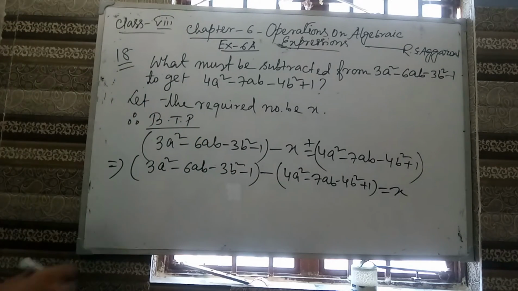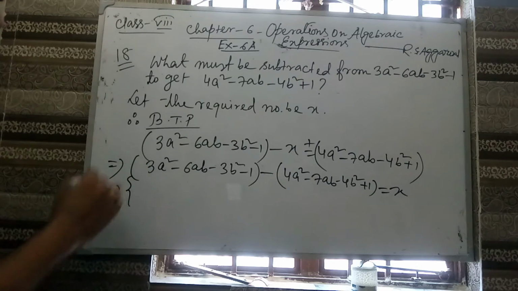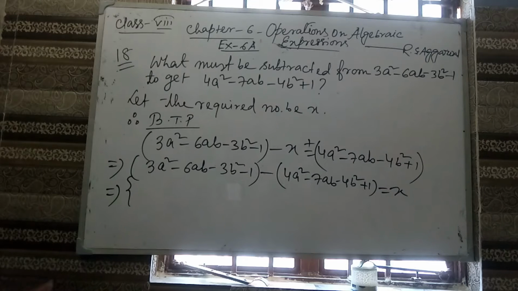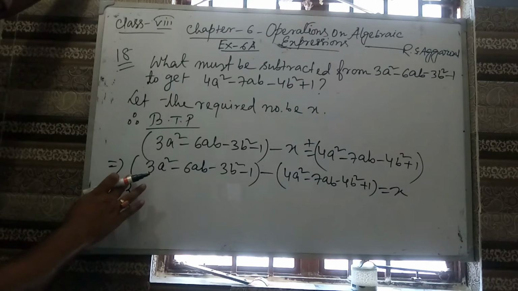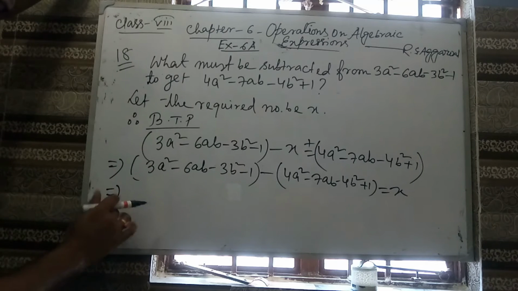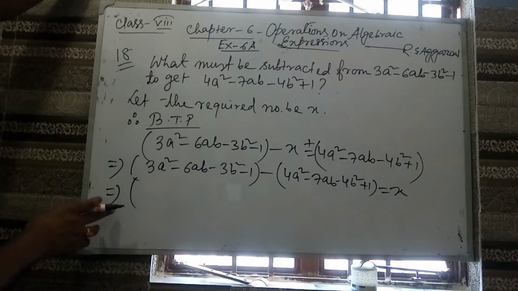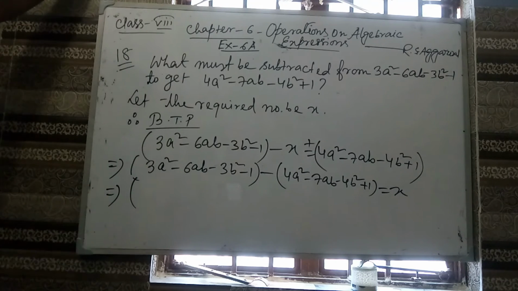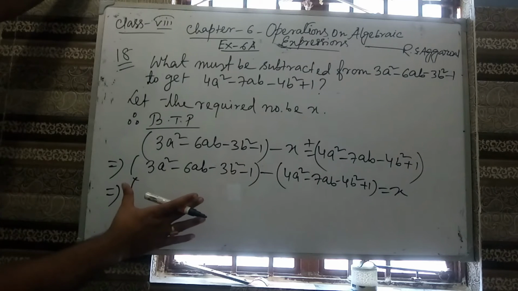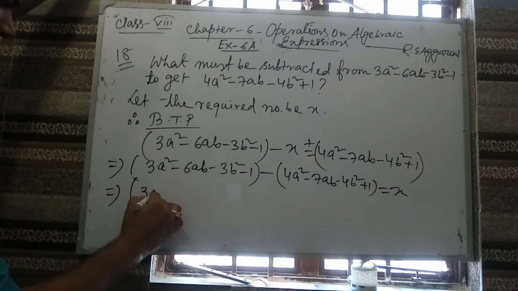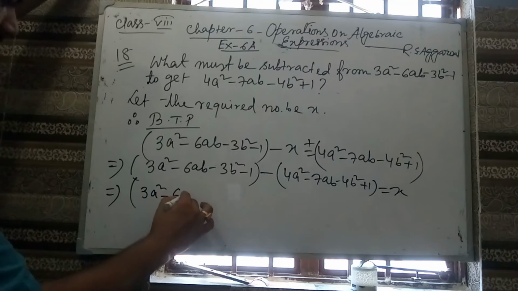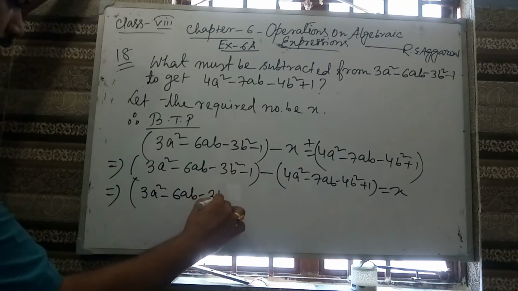Now look, we are putting a second bracket. You can use a first bracket also, or you can use a second bracket. So if we want to take a first bracket, then what we have to do? Write down the first expression, 3a square minus 6ab minus 3b square